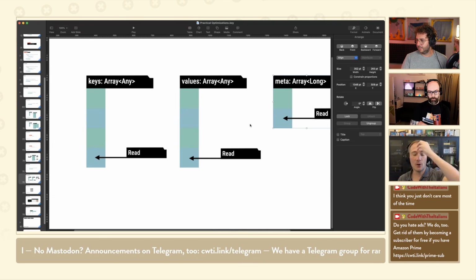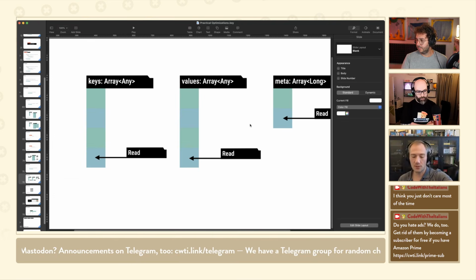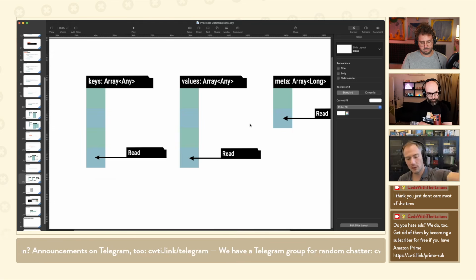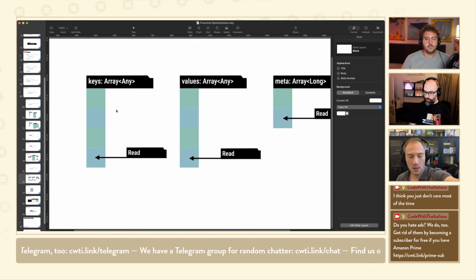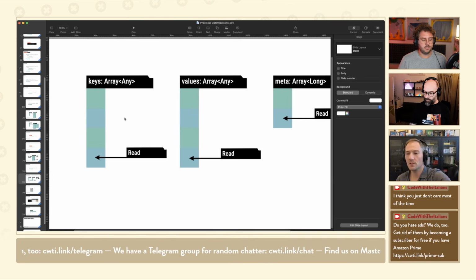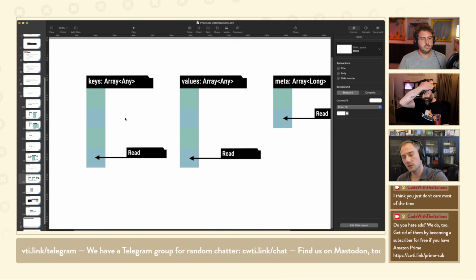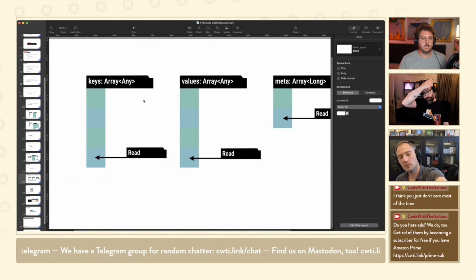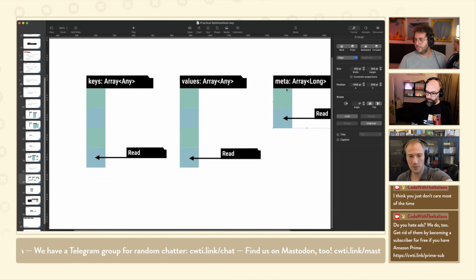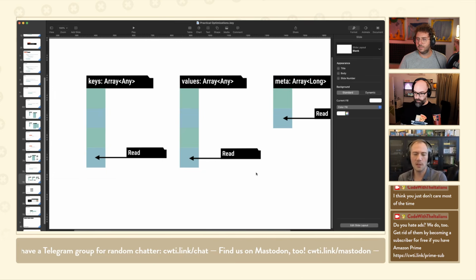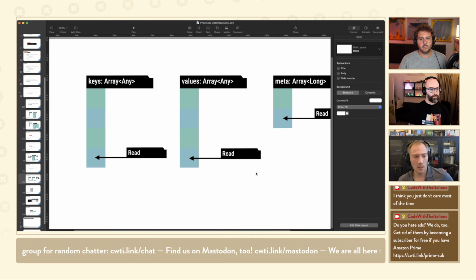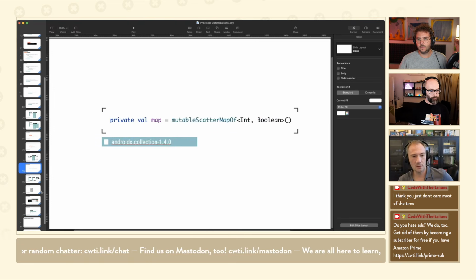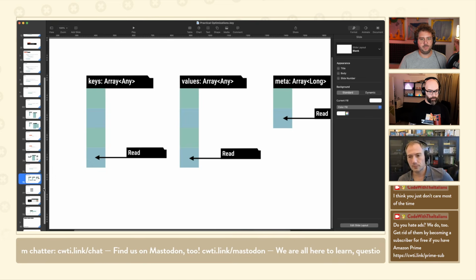Wow. So, and also that means when you iterate, if you set aside the allocations, the reason why it's faster to iterate over the scatter map is because we can just literally go over the arrays in order, and it's going to be extremely cache friendly for the CPU. And we can easily test whether an entry is empty or not. We have the metadata information for that, so it's super cheap. And there are ways to build hash maps that are even better for that, specifically for the for each. And that's what makes it so much faster. So we're gonna have a for each scatter map soon.